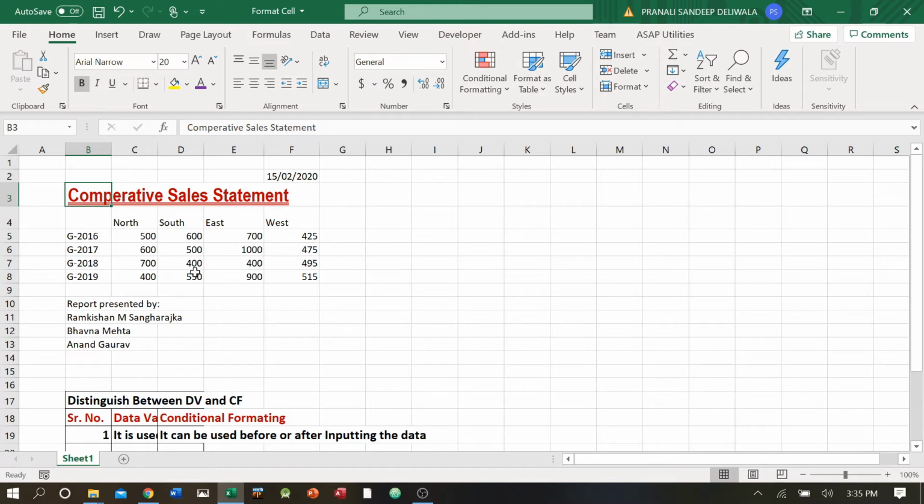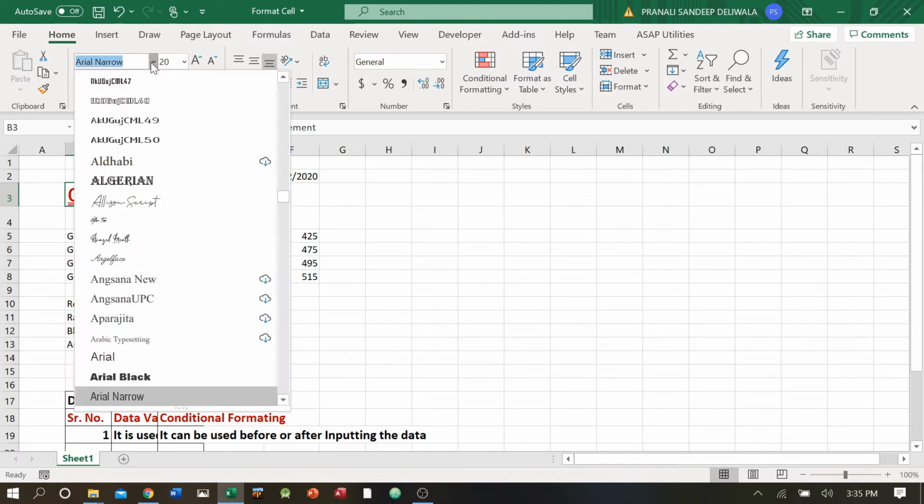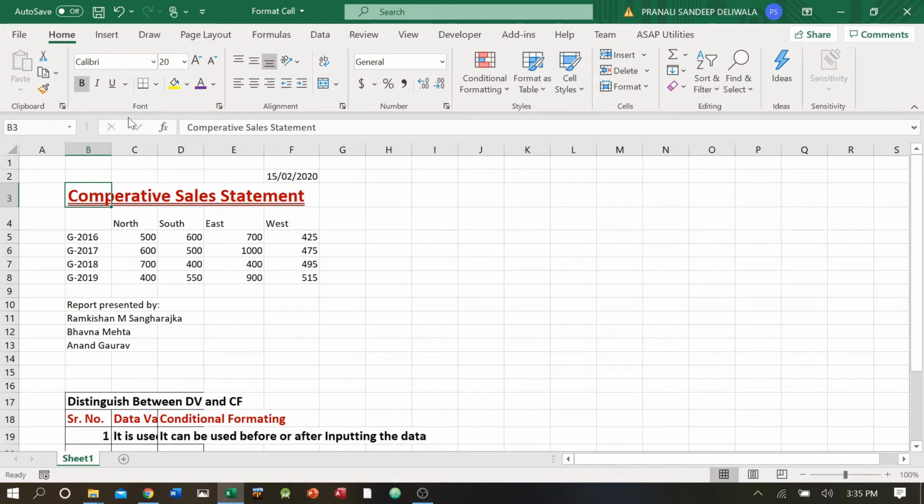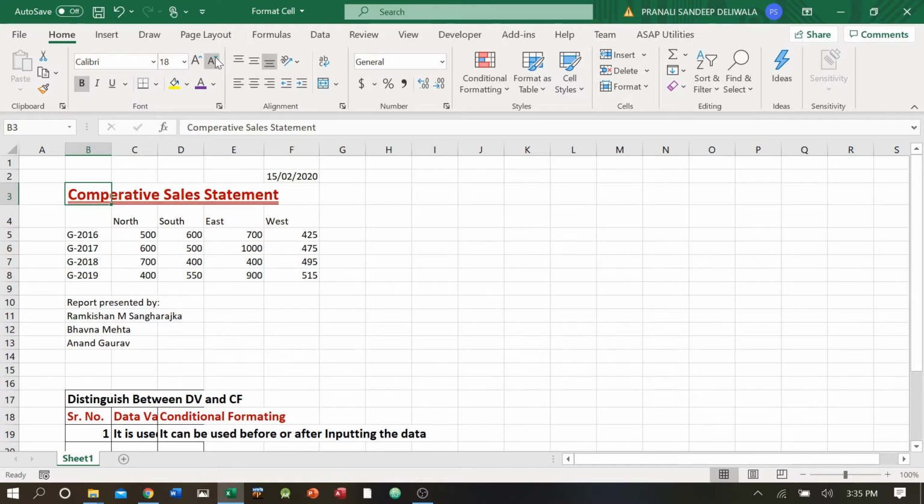All the functions are available over here. You can do the same thing from here also. This is font type. I can go and again say, let me have a Calibri. Okay, I select and now I have Calibri font. I can reduce or increase the size of the font, make bold, unbold, underline, not underline, italic and whatnot. Okay, that was the first part of the format cell. I go into the second part.